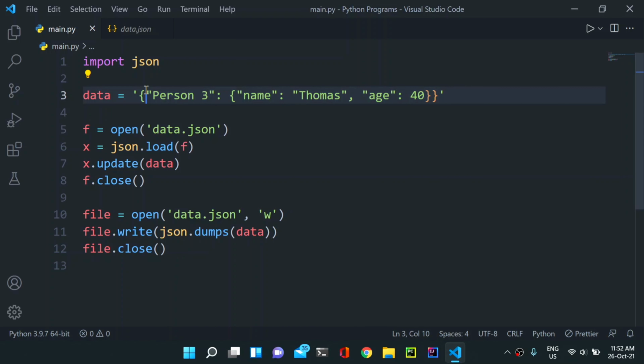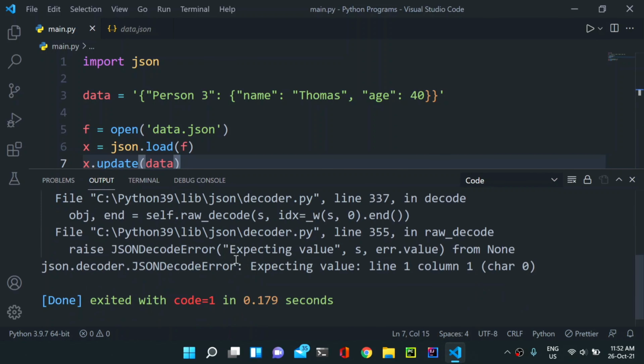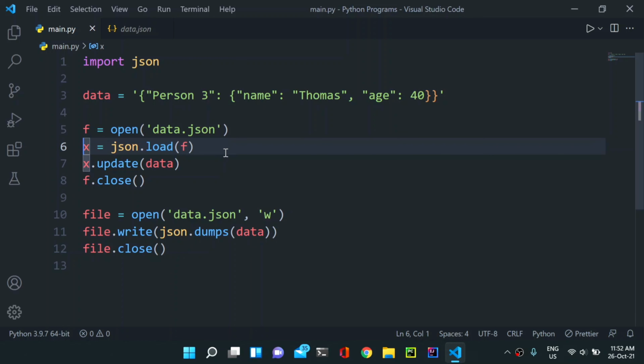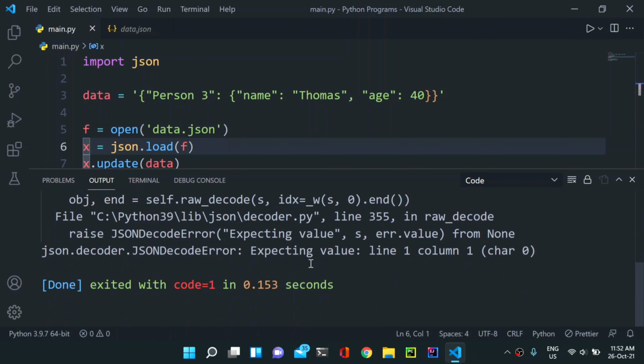Now we have converted this into a string, and now let me run it. Here we have an error from line number 6. Let me check what the error is. We are loading a file, so let me run it again. Expecting value line 1 column 1.